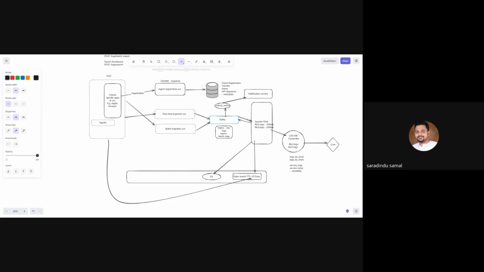It will have a two-way arrow probably. You will have the search service, which will